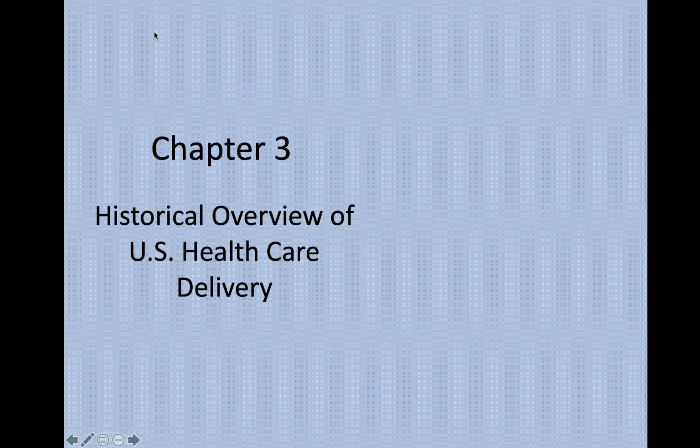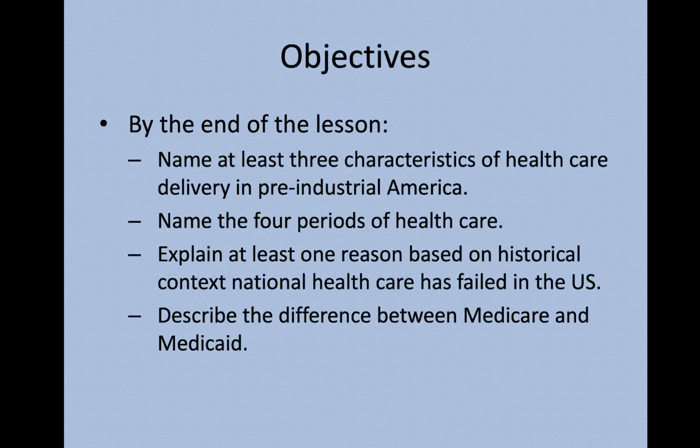Okay, this is going to be an overview of Chapter 3, the historical overview of U.S. healthcare delivery. By the end of this lesson, I want you to name at least 3 characteristics of healthcare delivery in pre-industrial America, name the 4 periods of healthcare, explain at least one reason based on historical context national healthcare has failed in the United States so far, and I would like to say so far because maybe we'll be more successful in the years to come, and describe the difference between Medicare and Medicaid,